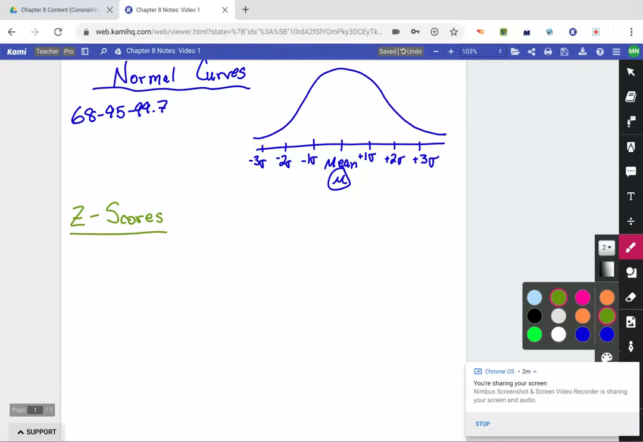Z-scores. Z-scores are just how many standard deviations away from the mean you are. While that may not sound like the clearest description, I'll try to explain it with some examples. Let me write that down. How many standard deviations